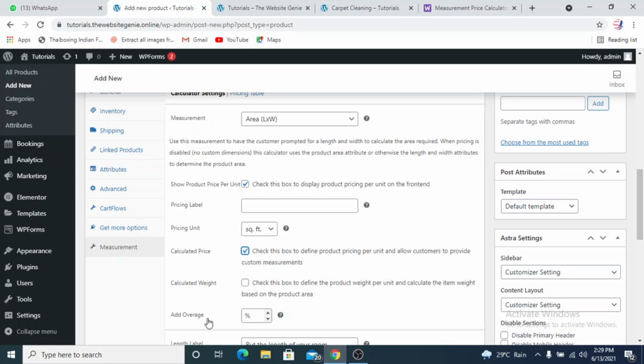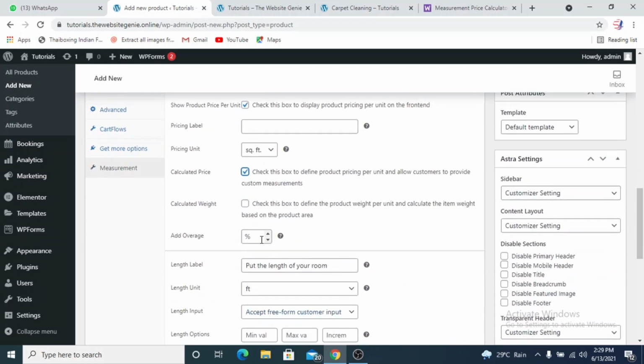So add overage is another thing. This is actually an average, rather it's an estimate. Say for example, that the customer is putting 990 square feet as area, but you want to add say 5% as overage, like that price would be included in that, so that even if the customer makes a small mistake here and there, that would account for your price.